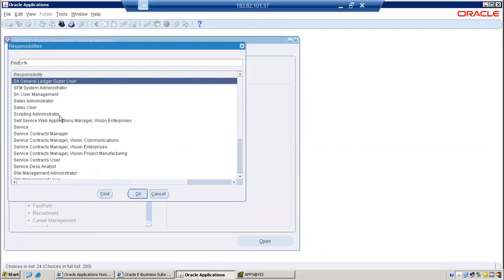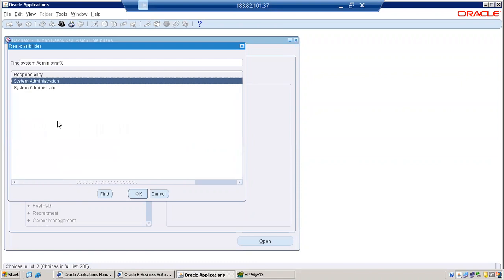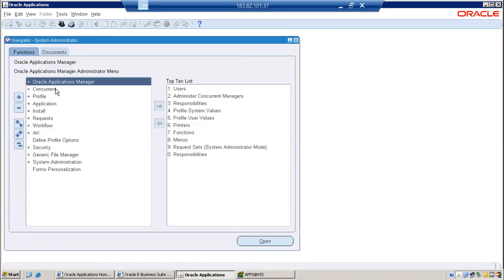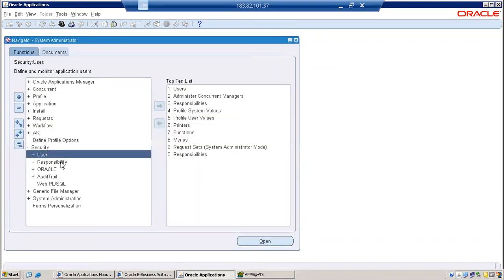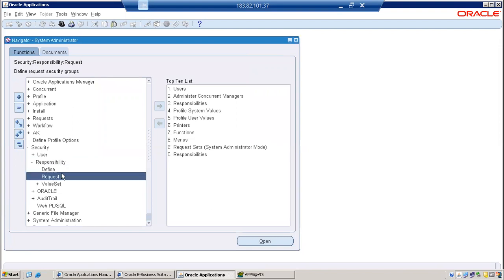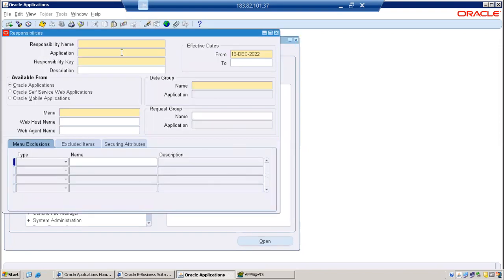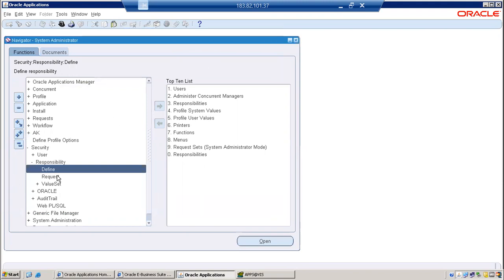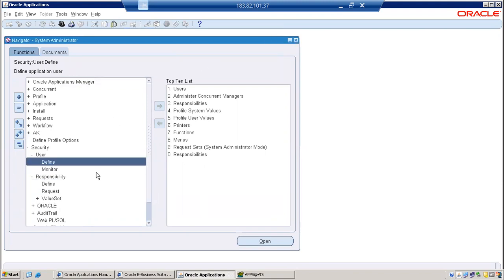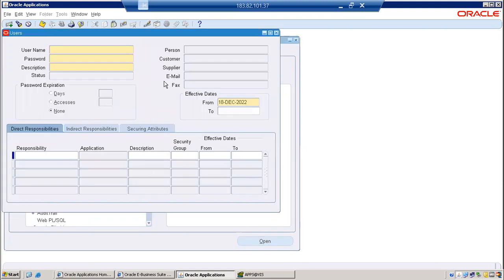Go to administrator, system administrator responsibility. Here we'll perform security, responsibility, define. Sorry, not responsibility, user account, right? I'm sorry. Go to user, define. Here we are going to specify the user account and mention the